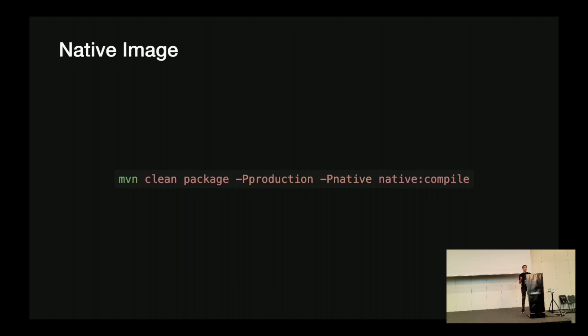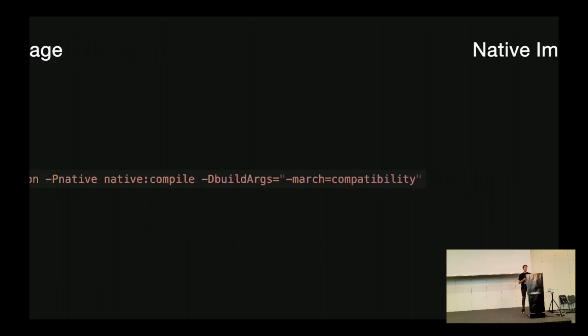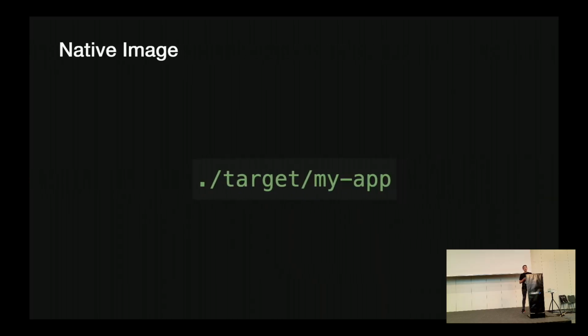And this is no problem as long as we create and use the native image on the same or on a similar machine type. But if we, for example, would like to create a native image that we would like to run on a different machine type, we can add an additional parameter here. So using this parameter, for example, we can ensure that the native image will be compatible with most different machine types. So the native image created, again, contains all the necessary classes, necessary dependencies, the front-end bundle, and